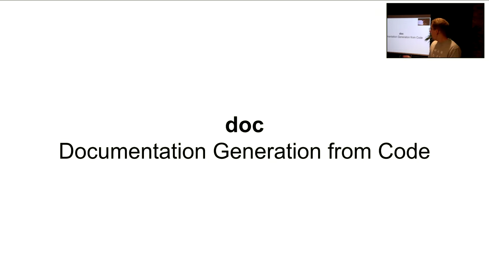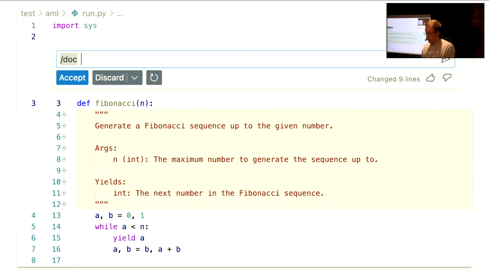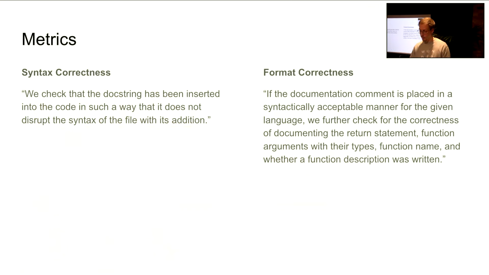The first evaluation set relates to documenting code, right? Generated documentation. LLMs are really good at this. This is their example for it. You have your Fibonacci method. The idea is that if you write this doc command, you would get that type of documentation out of it, and that would be nice documentation.